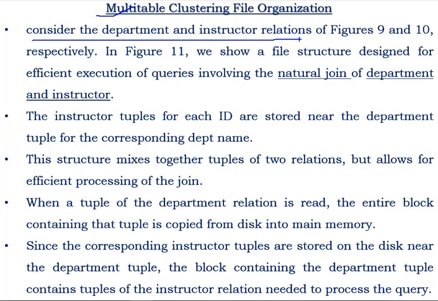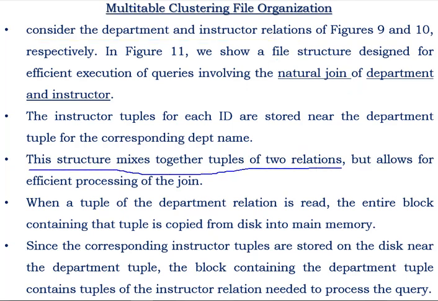Now we can have a situation where common data may reside in several tables. So what do we have to do? We have to do some natural joins to collect all this data into a single table, so that we can create a cluster. This structure mixes together tuples of two relations. That means in multi-table clustering we take multiple tuples from two or more relations, join them into a single table, and create a single cluster. Let's understand this example with some diagrams.